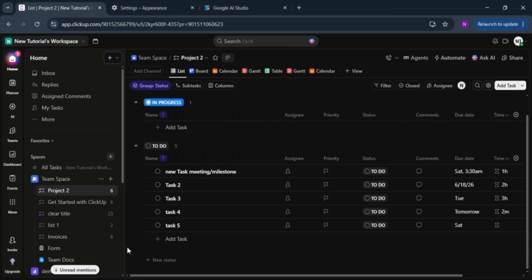In today's tutorial, I'm going to show you how to integrate GitHub pull requests with your ClickUp tasks step by step. This is a very useful integration for developers, project managers, and teams working on software projects because it helps keep coding progress and task management connected in one workflow. Once everything is linked properly, ClickUp can automatically track pull request activity and update task information as your code moves